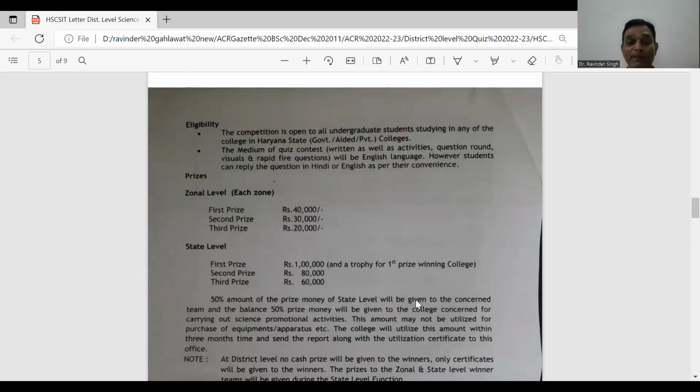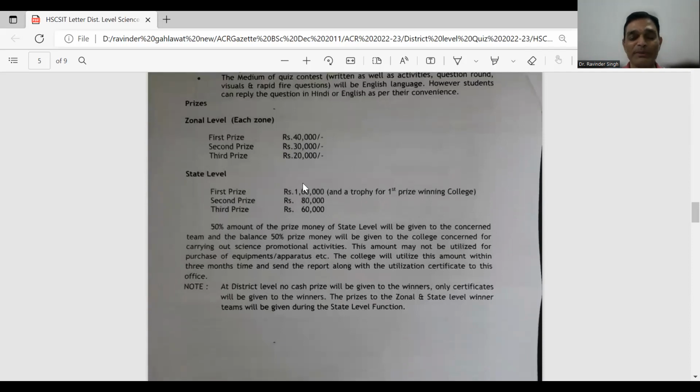जो स्टूडेंट्स फर्स्ट सेकंड थर्ड आते हैं आपके डिस्ट्रिक्ट लेवल के ऊपर, जैसे अब की बार हमारे कॉलेज में हुआ, तो वहां के जो इंचार्ज जो स्टूडेंट्स थे उन्होंने ये गुजारिश की थी कि हम एक चीज आगे भेजें और बताएं कि जैसे जोनल लेवल के ऊपर फर्स्ट प्राइज 40, 30, 20 होता है, सिमिलरली डिस्ट्रिक्ट लेवल के ऊपर भी प्राइज ज्यादा ना करके, जैसे यहाँ पे लोवेस्ट प्राइज 40 है, तो वहां पे ऐसा किया जा सकता है कि फर्स्ट प्राइज 20, सेकंड प्राइज 10,000, थर्ड प्राइज 5,000 हो जाए। तो मीन्स ये थोड़ा अच्छा रहेगा। तो ये टीम इंचार्जेस की गुजारिश थी, अगर ऐसा हो जाए तो बच्चों के अंदर थोड़ा उनको बूस्टअप मिलता है उस चीज के लिए। तो हमने उनको कहा था कि ये आपका जो मैसेज है ये हम आगे डीएसटी तक पहुंचा देंगे।